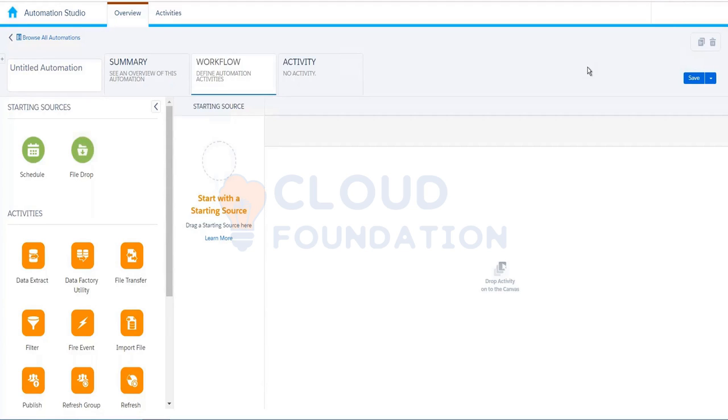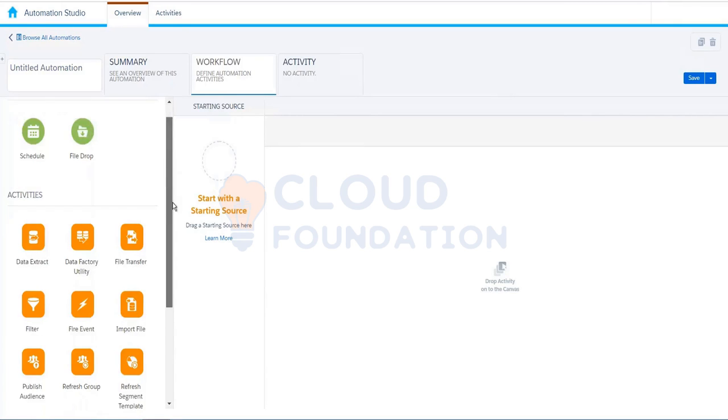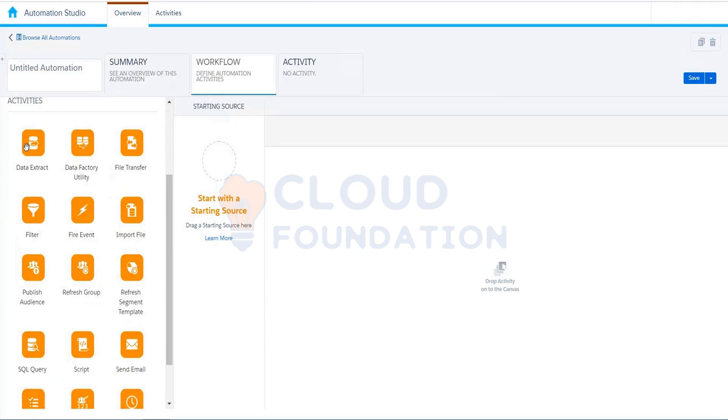For a transactional platform, we need data from different platforms, or sometimes we also need to send the data to a different platform. We use all of these activities here, what we see here. Data extraction, file transfer, import, filter, SQL, and scripting are quite frequent activities that we do in Automation Studio.